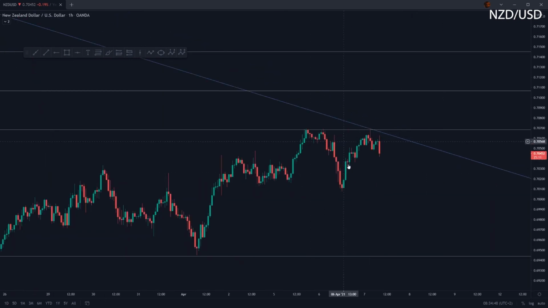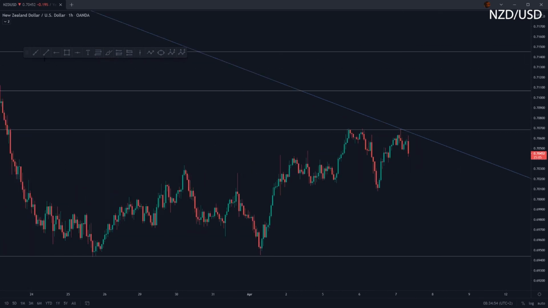Well, we have this inverse head and shoulders, which I am not the biggest fan of because inverse head and shoulders are of course bullish. So if we draw on our structure line, we could say, okay, it's all about what are we going to do once we reach this low over here, so this area, because this is an area of liquidity. So are we going to form support over there and then see more upside movement, potentially even touch the trend line and from there move back up bullish?